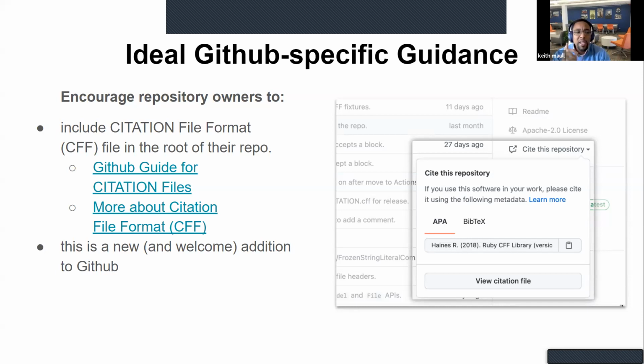If you create a .cff file in the root of your repository, and there is a short guide on how to create a CFF file, which stands for citation file format, what will end up happening, some magic will occur, and upon recognizing that CFF file exists at the repo root, GitHub's interface will magically change and allow a dropdown that shows cite this repository.